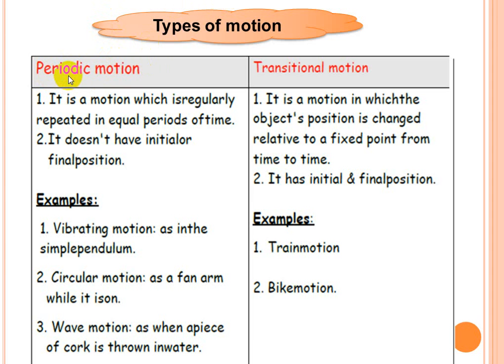So periodic motion, from its name, is a motion which is regularly repeated in equal periods of time. It doesn't have an initial or final position. It's repeated, so it doesn't have initial and final positions. There are three types of periodic motion: vibrating periodic motion, circular periodic motion, and wave periodic motion. The vibrating periodic motion is like a simple pendulum,